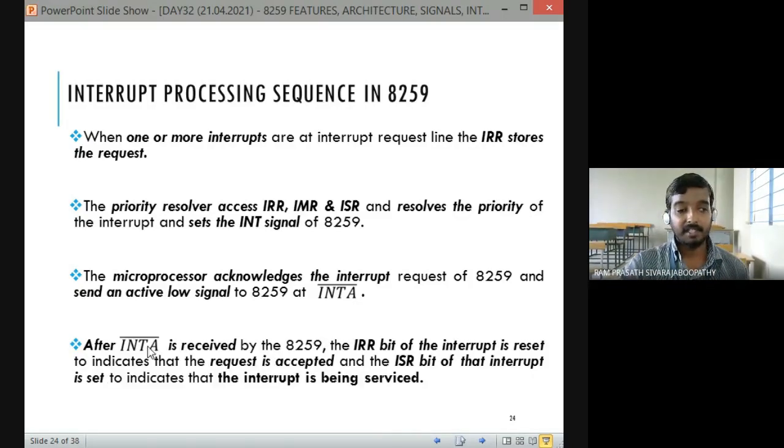Okay, after INTA bar is received by 8259, IR bit of the interrupt request register is reset to indicate that request is accepted. Then ISR bit of the interrupt set ஆகும். Okay, so இது first நடக்கும். First INTA வரப்ப என்ன ஆகும்? IRR bit of that interrupted device, அதனுடைய corresponding bit IRR reset ஆகும், ISR set ஆகும். Correct? Okay, next